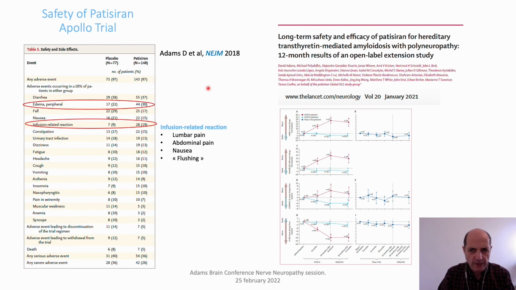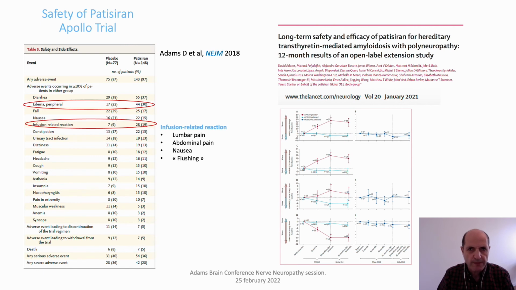The safety of patisiran was excellent. No deaths related to study drug, no safety signals on hematological, hepatic, or renal functions. The two main adverse events were infusion-related reaction and peripheral edema. The one-year open-label extension confirmed the long-term effect of patisiran and also confirmed the impact on the placebo group of